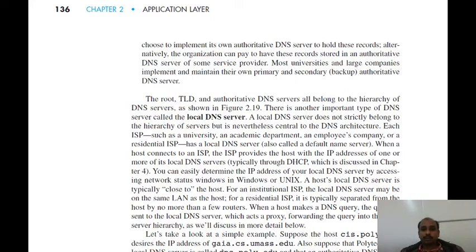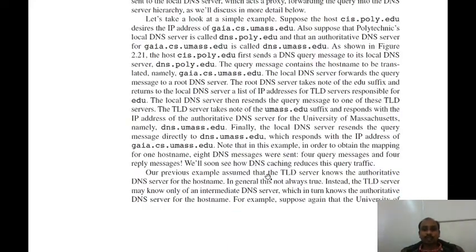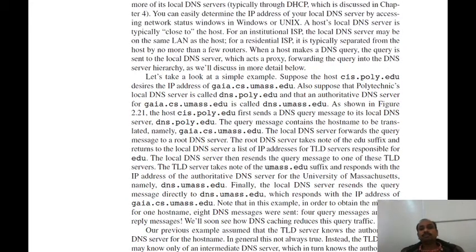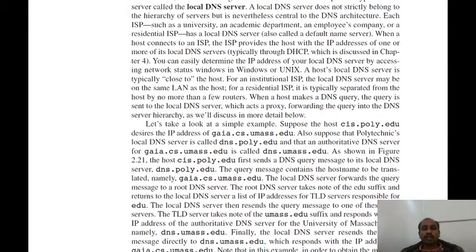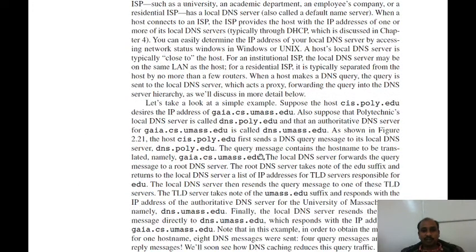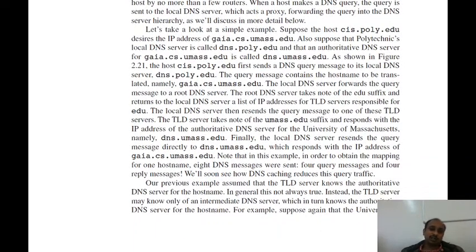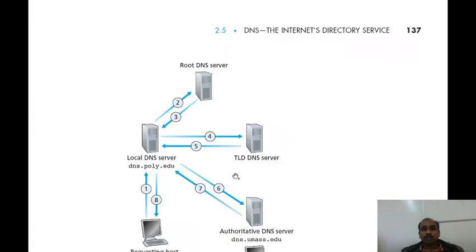As I told you in the previous video, whenever I create a website, the URL for that website has to be registered, and during that registration of the URL I should also give the IP address for that URL, right? So this is one example of how the DNS server translates a host name to an IP address by flowing through the several levels of the DNS hierarchy, that is, from the root DNS